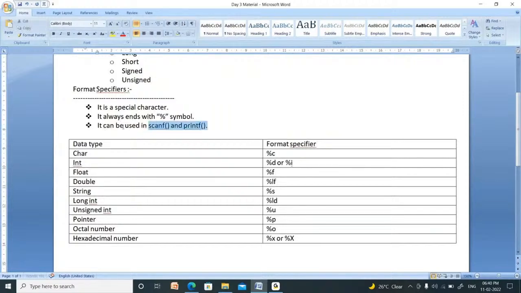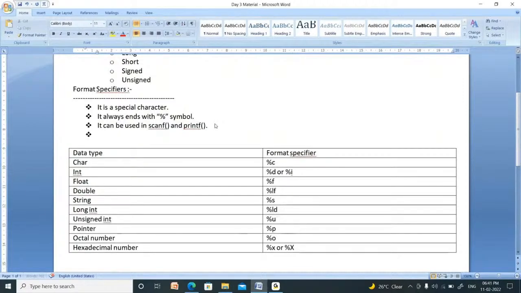Now, %c, %d, %f, %lf, all these can be used only inside these 2 functions. They can be used in the scanf function and in the printf function, right? So these are also called formatted strings.